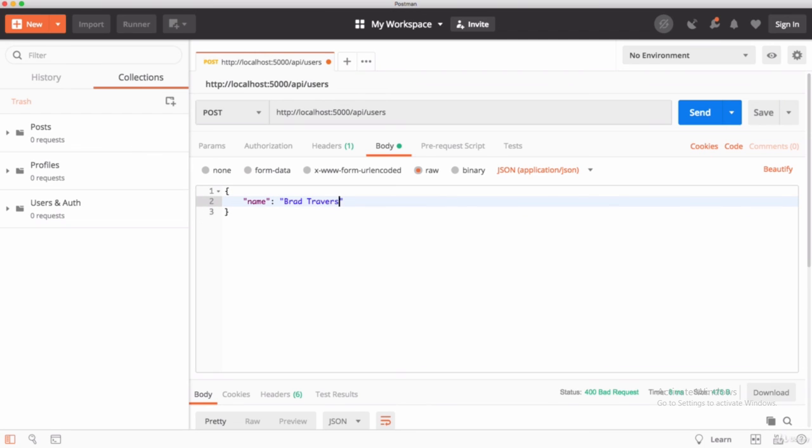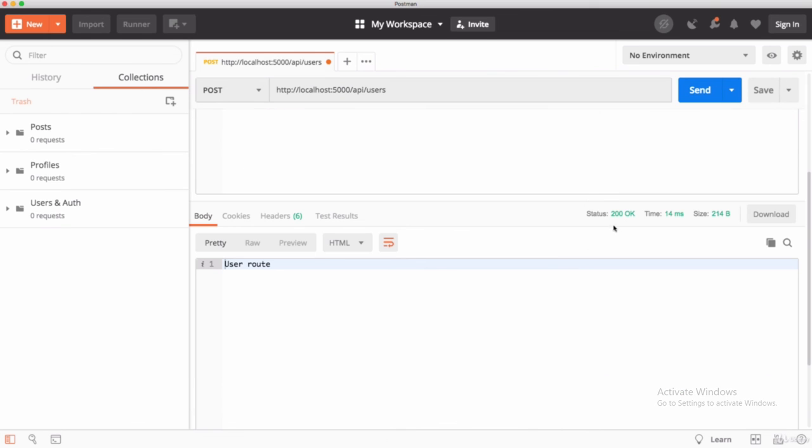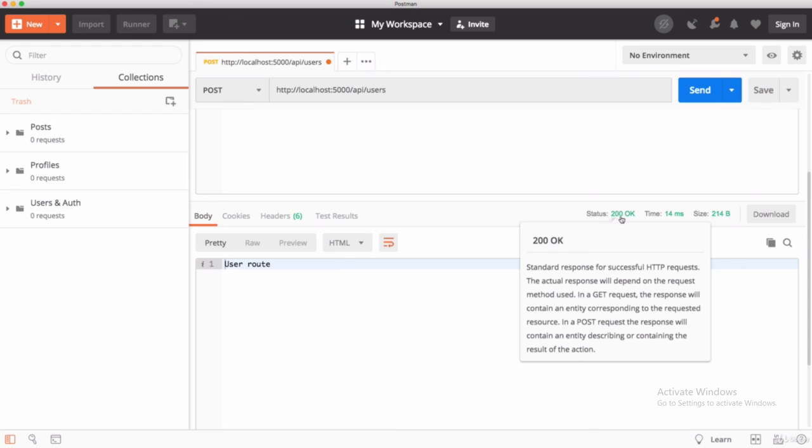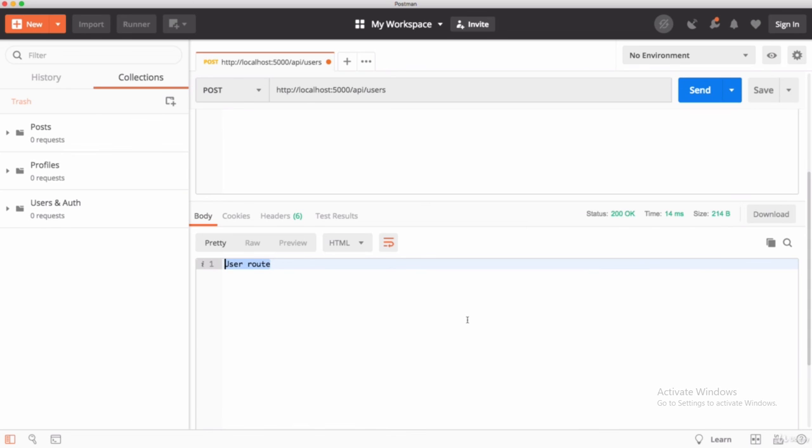Name will be badtraversy, comma, email should be techguideinfo@gmail.com, comma, and the password would be 1 2 3 4 5 6. Just send it. You can see there is no error and the status is 200, and you can see the